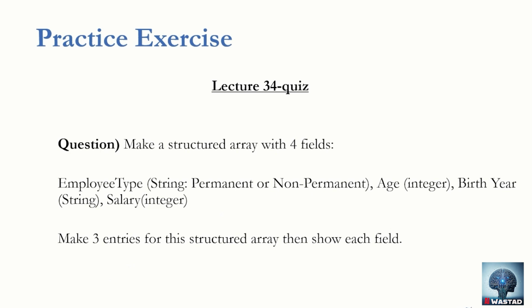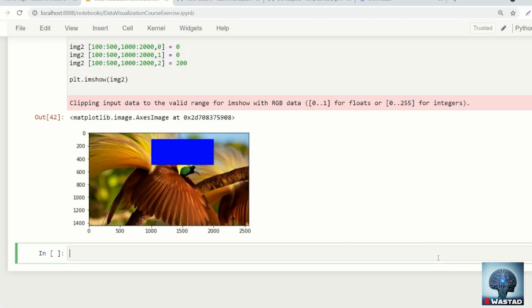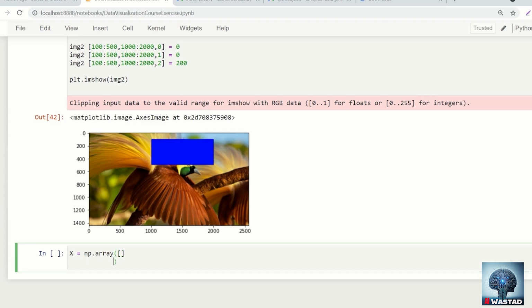Here is the quiz for lecture 34. Let's solve it together. So we have to make a structured array with 4 fields as I described before in the last video. So let's make this structured array. Let's say it's x. X equals np.array, right? And the syntax for it is, let's first write the data types. The dtype equals,